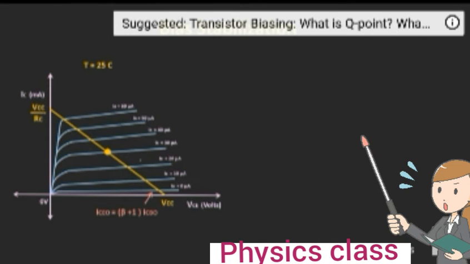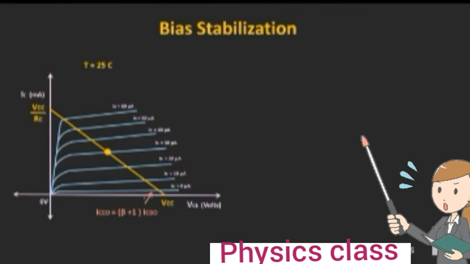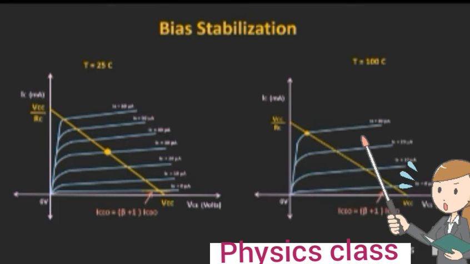The operating point is almost set at the center of the load line, and here this is the reverse saturation current at T equal to 25 degree centigrade. Now if the temperature increases to 100 degree centigrade, then both beta and the reverse saturation current will increase. So now if you see at 100 degree centigrade, its value of the reverse saturation current is more. And also due to the increase in the value of beta, the spacing between the curves will also increase, because IC is equal to beta times IB. So due to that, now the collector curve will look like this.